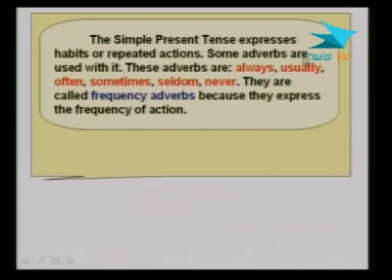Some adverbs are used with it. These adverbs are always, usually, often, sometimes, seldom, never. They are called frequency adverbs because they express the frequency of action. What this basically means is that